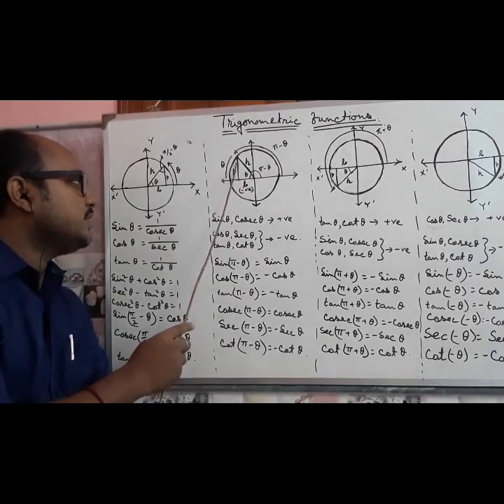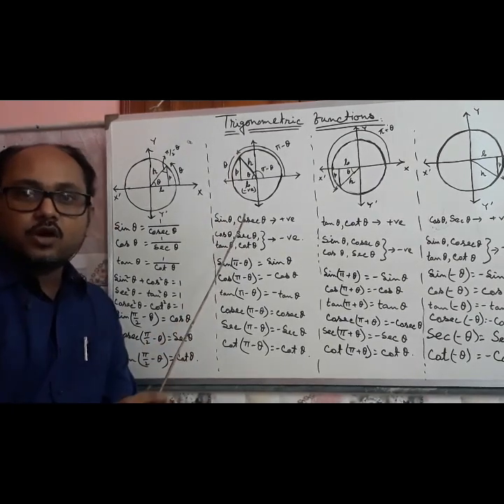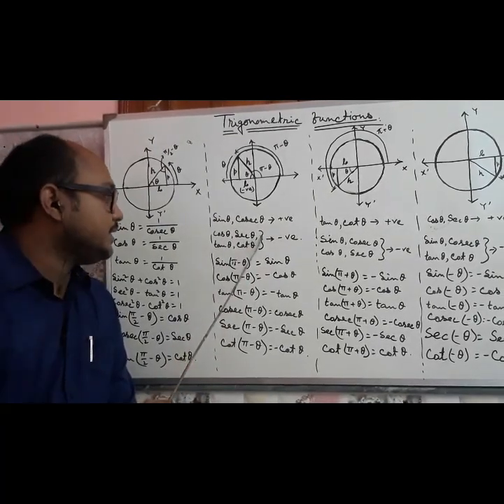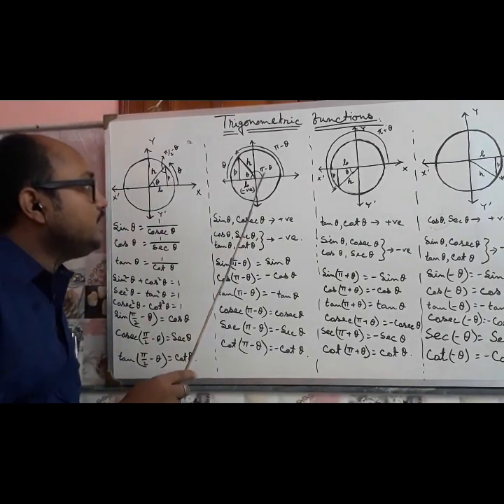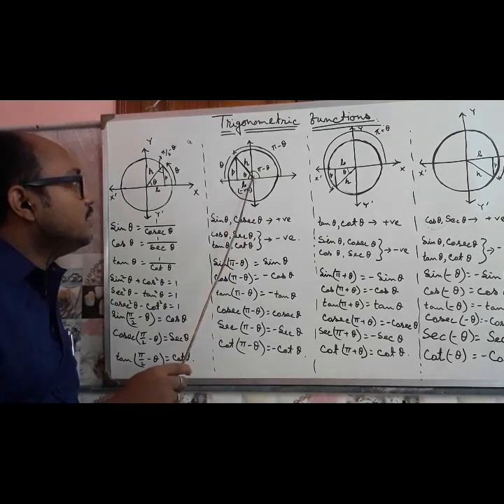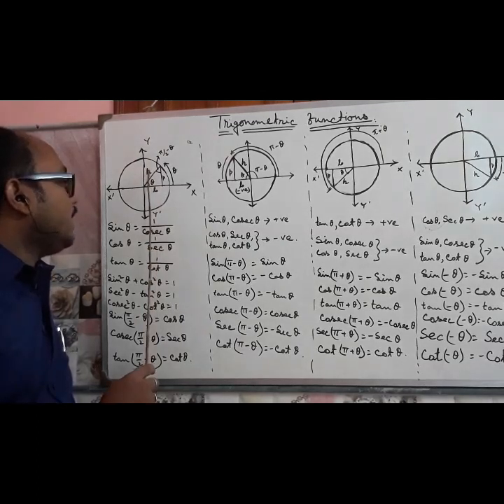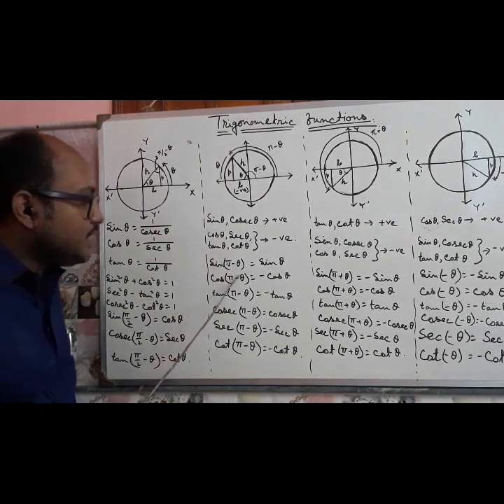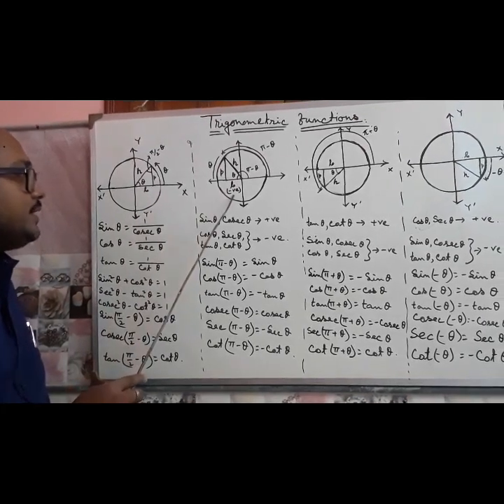In which quadrant is this triangle formed? In the second quadrant. So in the second quadrant we got sin theta and cosec theta positive, and cos theta, sec theta, tan theta and cot theta negative. Now you see, for sin pi minus theta, this is the triangle formed, and perpendicular by hypotenuse is same for both these two triangles, that is sin pi minus theta is equal to sin theta, but here the base is positive and here it is negative.